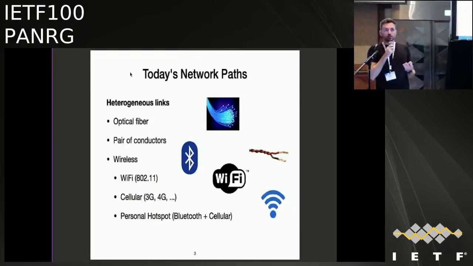So some might think that it would be preferable to use a single very good network path than multiple paths. And some might think that this perfect path could be, for example, an optical fiber link. But I think there's no such thing as a perfect network path.